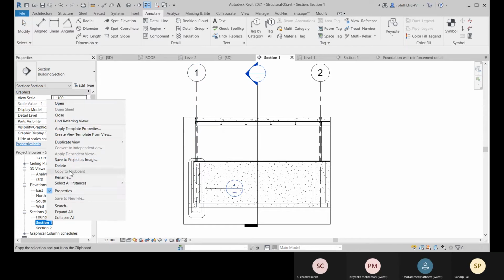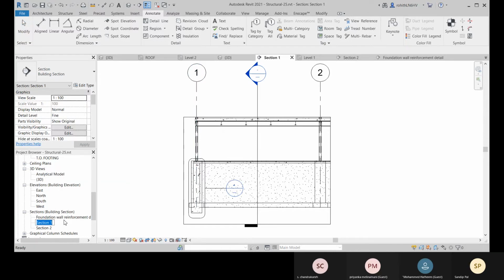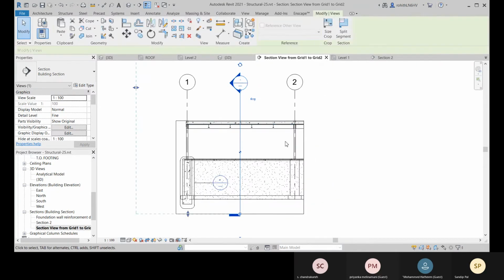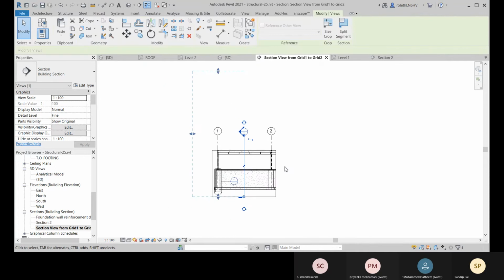So rename, section view from grid 1 to grid 2. Okay, and there you have this box.